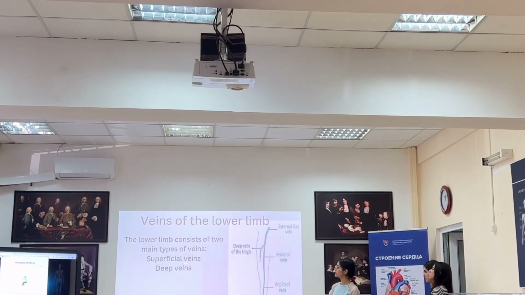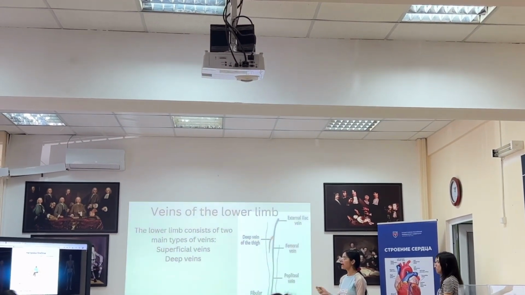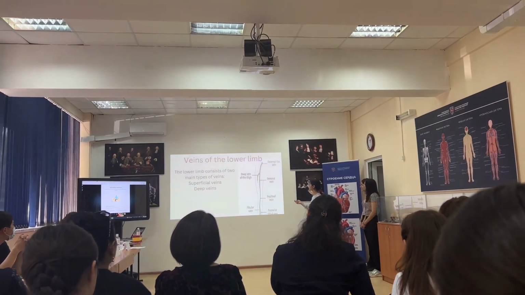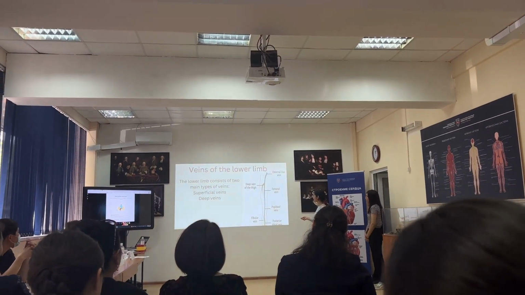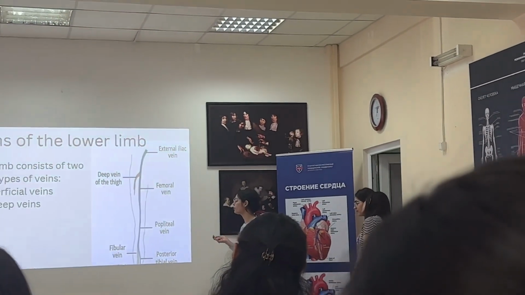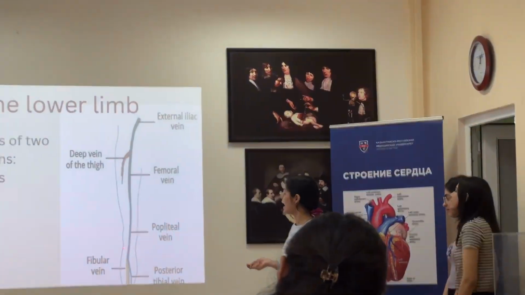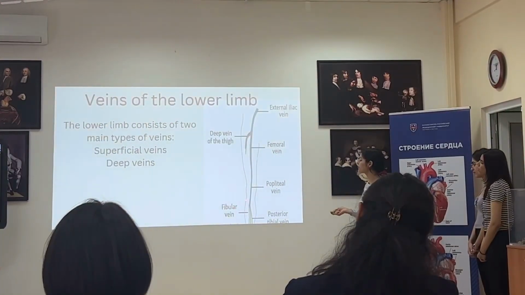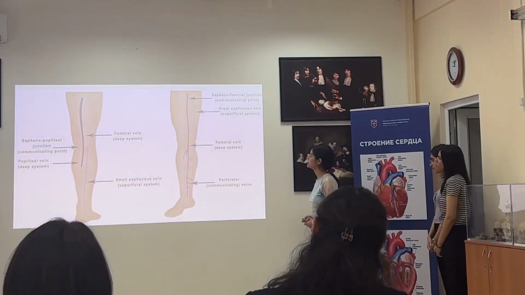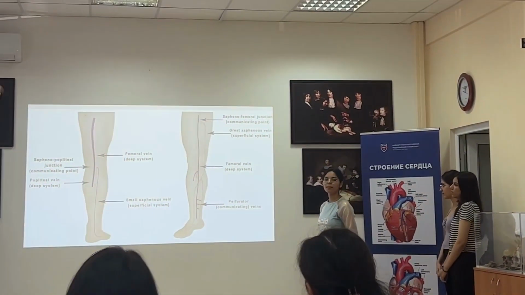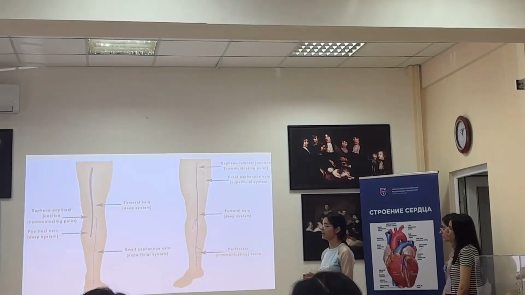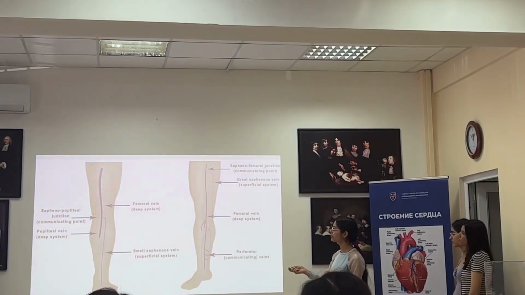First of all, I will explain what superficial veins are. So superficial veins are external iliac vein, femoral vein, which is here, and popliteal vein, which is present at the diamond-shaped popliteal fossa on the posterior side, and fibular vein across the fibular bone, and there is the posterior tibial vein. And as I have said about the perforating veins, which means communication. So there will be communication between the veins.